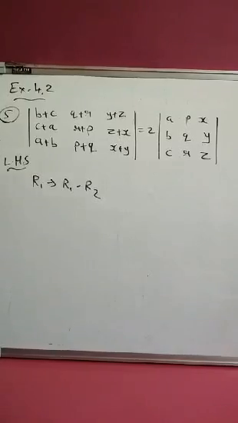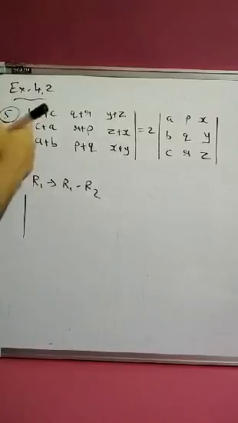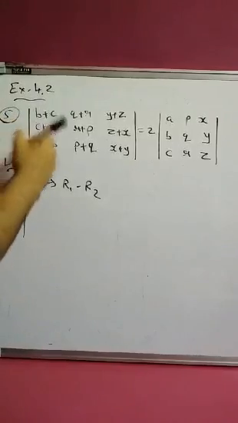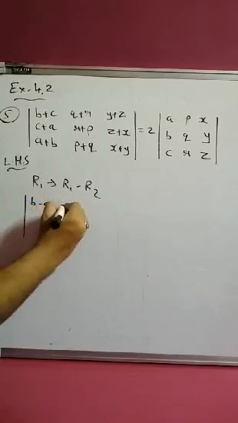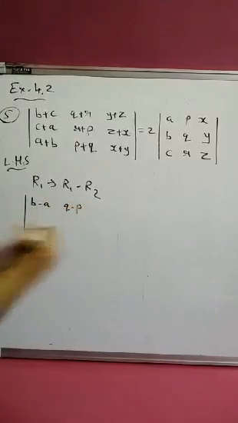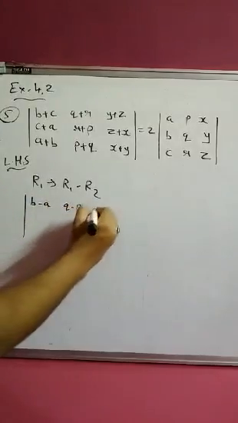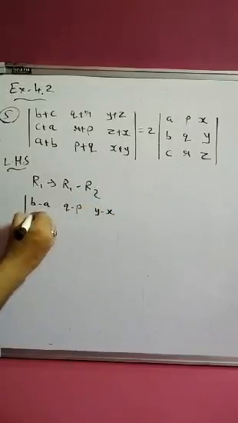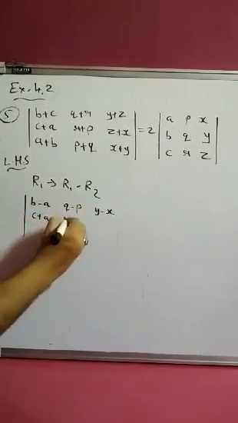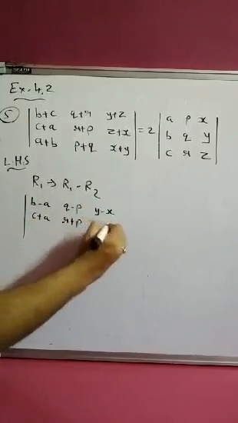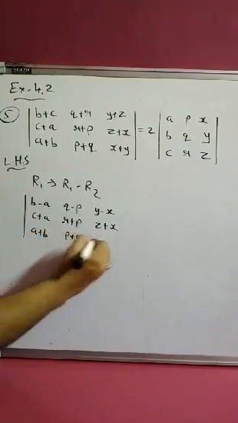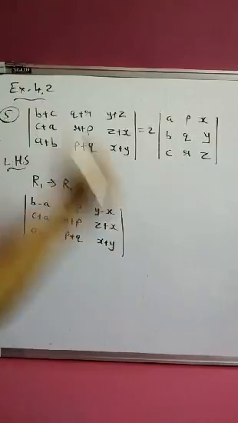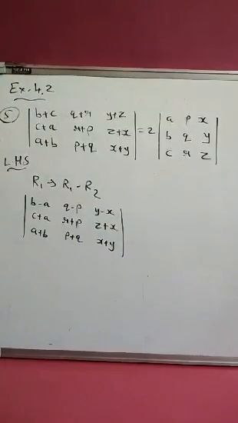B plus C minus C plus A. So you are going to get B minus A. Here R and R will get cancelled. Q minus P. And here Z and Z, so Y minus X. Everything else stays as it is. Okay. I have just done row 1 as row 1 minus row 2.